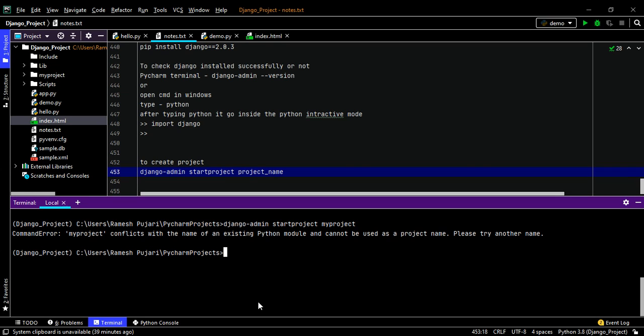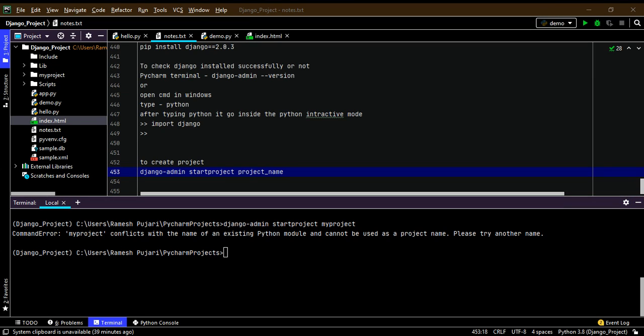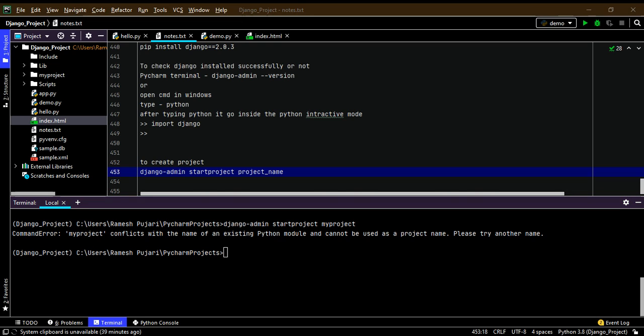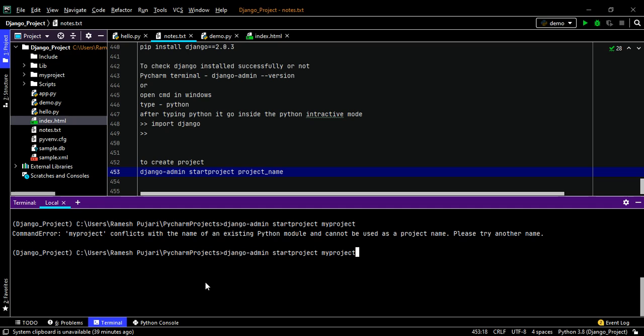See, one second, Python cannot... Okay, I think I already have the project. That's why it's not creating. So I will use a different name, myproject1.